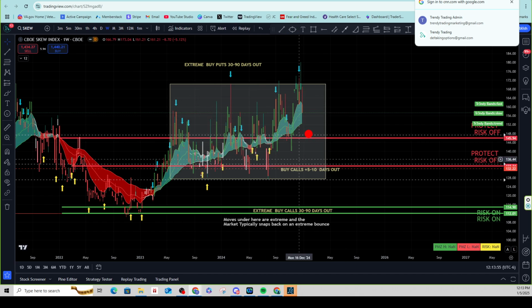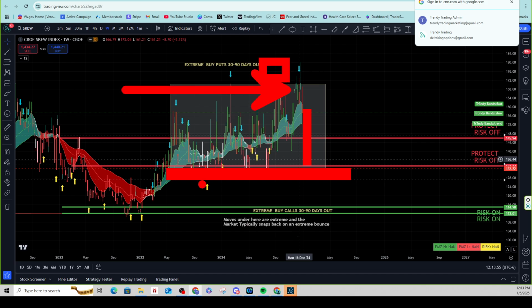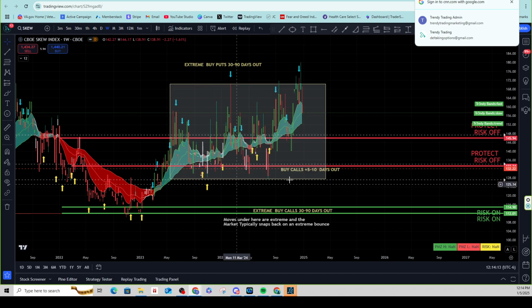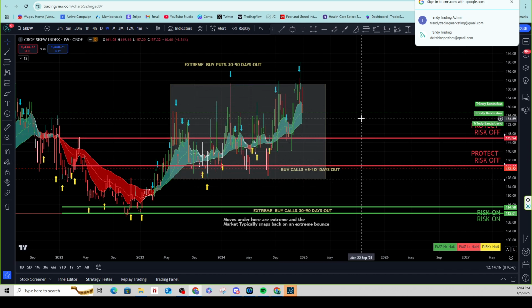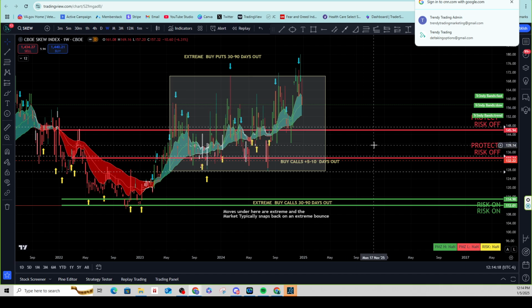When a lot of fear comes into the market, especially in 2023, 24, in this area, this is where you buy the fear and then you sell the euphoria. Okay, so euphoria is up here and fear is down here. And again, these are the levels, and we will continue to trade these levels or take note of these levels in 2025 until they're wrong.